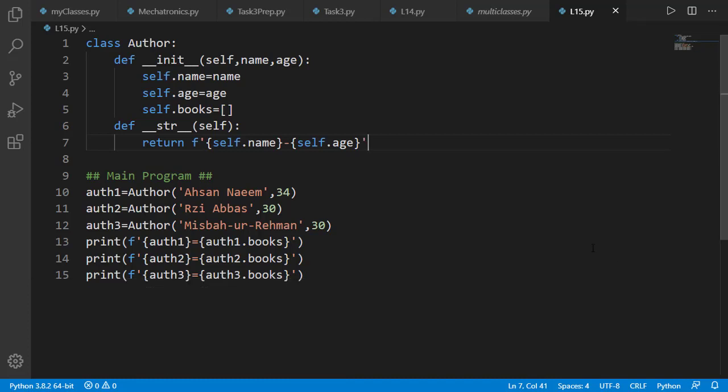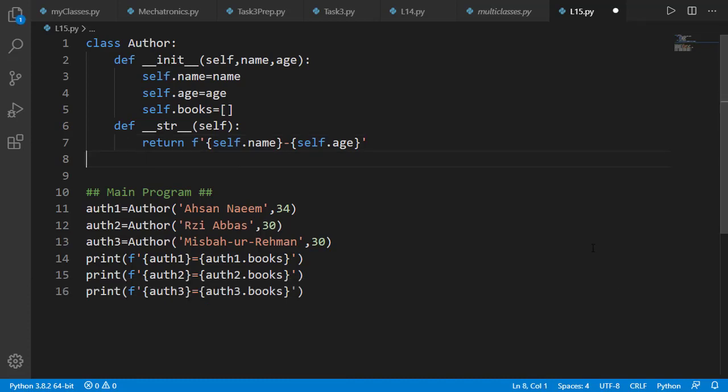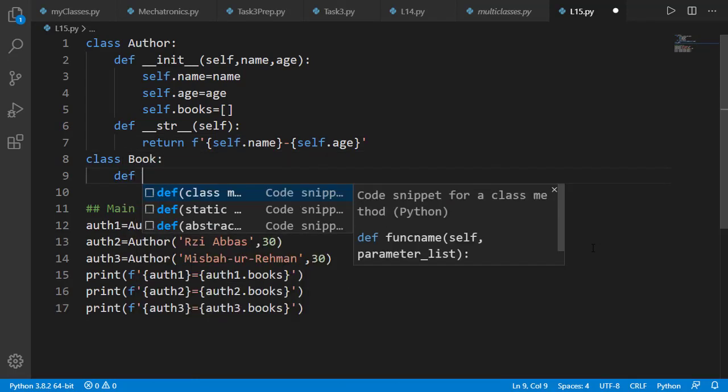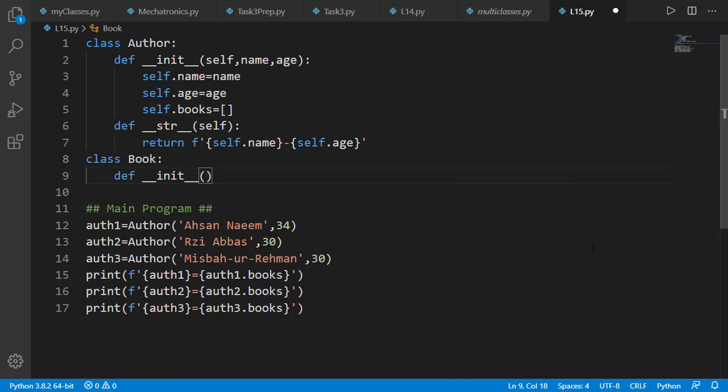Now let's create another class book for the book object. In init method, it will have title, year of publication and list of authors, which is set to empty list as default value.